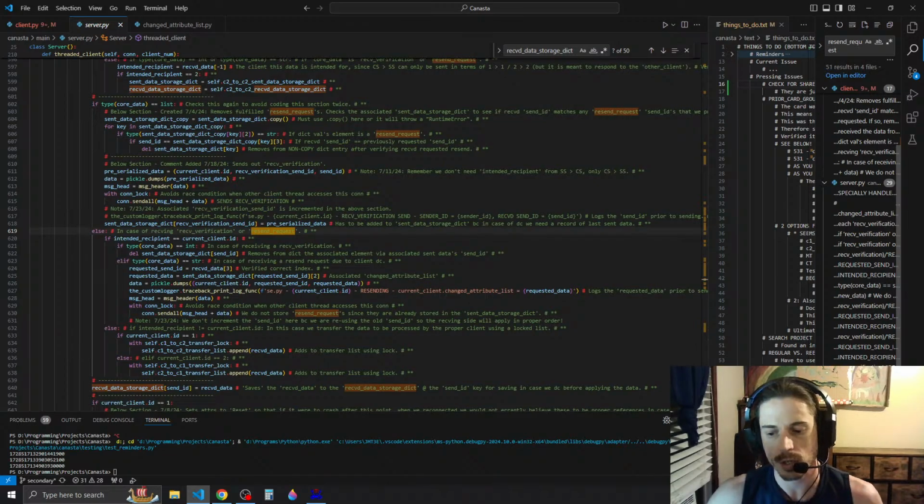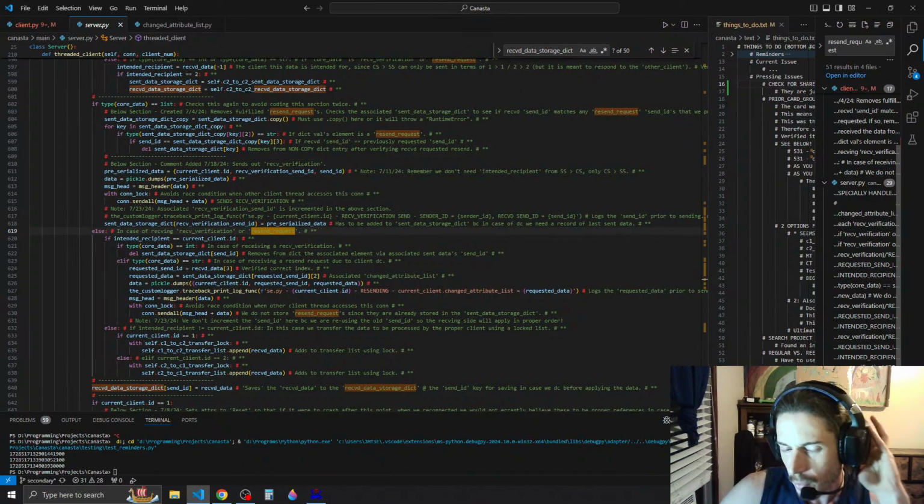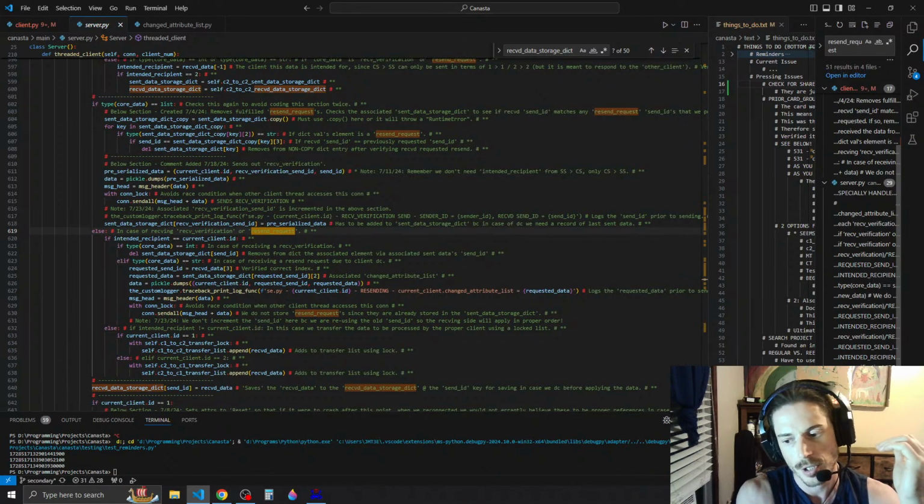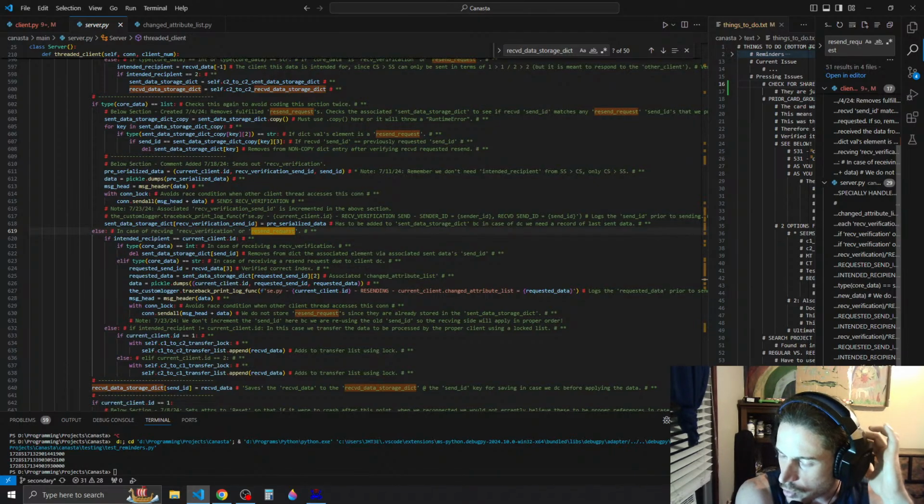My bigger question is, if we're relying on an incremented version of the send ID, then that means we wouldn't be able to use an arbitrary value for the send ID, which would be the case if